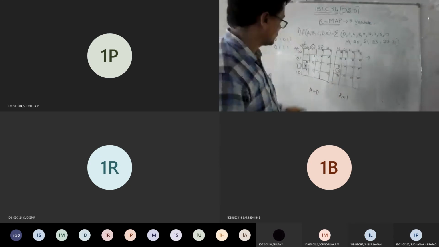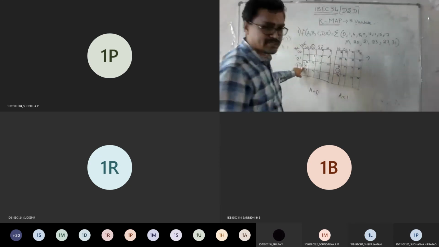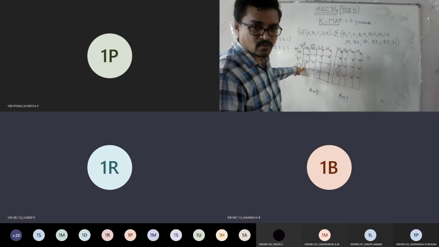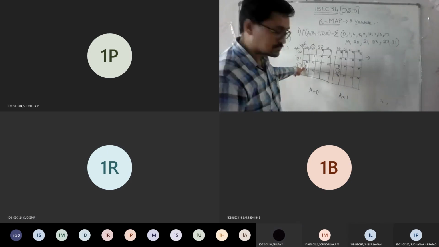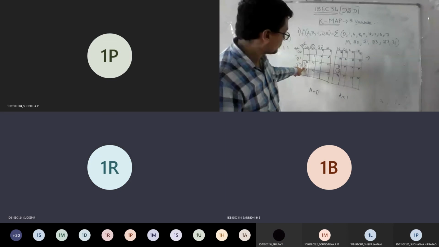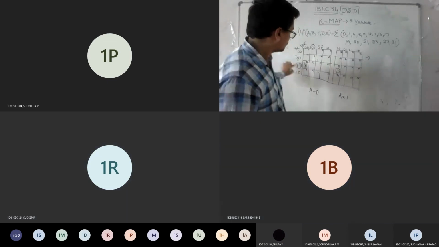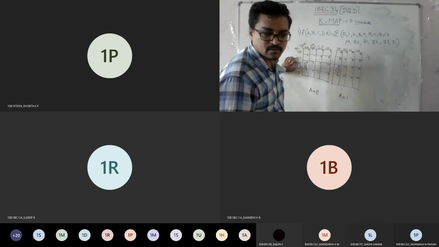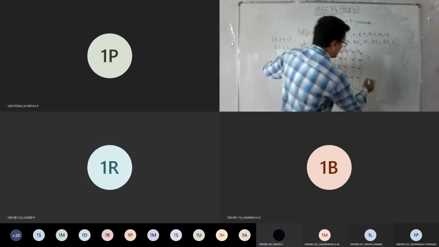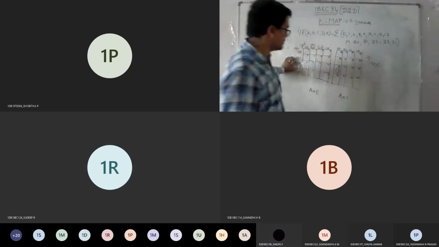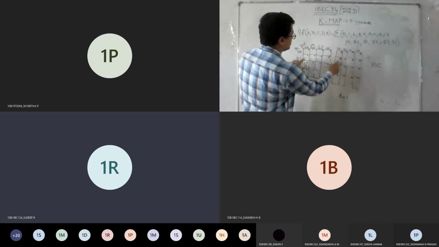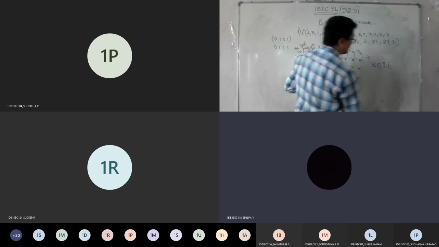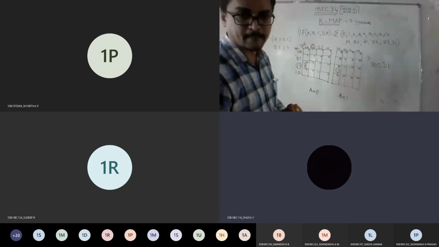So what is the expression now? If you take these two as the same, what is the expression? Can you tell me? What is the expression here? A bar, B, C pairing. This A bar is kept constant, so your BC is as it is. Yes or no? Yes, sir. So BC I will write as it is. Then from these two, D bar is the common term, D bar, D bar, E bar, so completely D bar E bar. Correct?